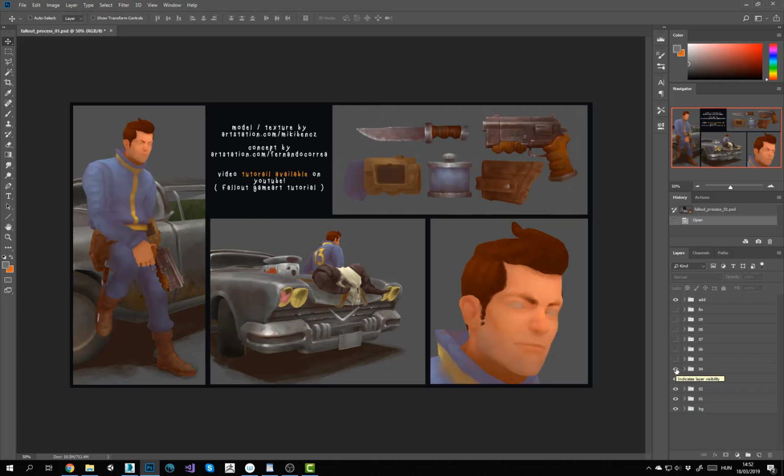on this stage I used a color dodge layer in 3D Coat and added some extra lighting for different areas of the texture. As you can see here on the bumper, it becomes lit a bit more intensely. Also, it's more visible here on the Pip-Boy. There is this light source here,